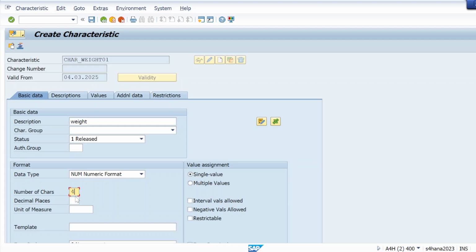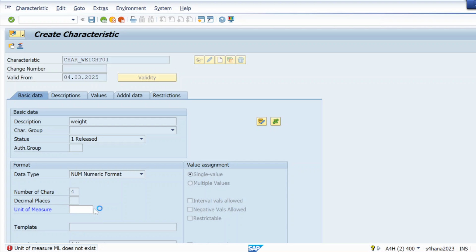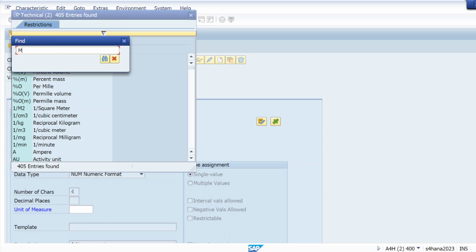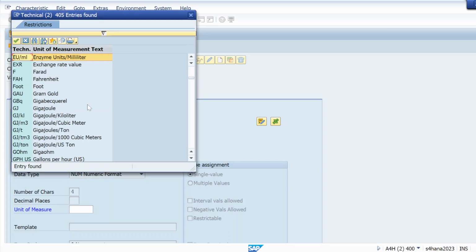Let me take 4 characters. Unit of measure, which unit of measure do I want to give? Milliliter. So ml is not there. Let me search. Milliliter is not there.